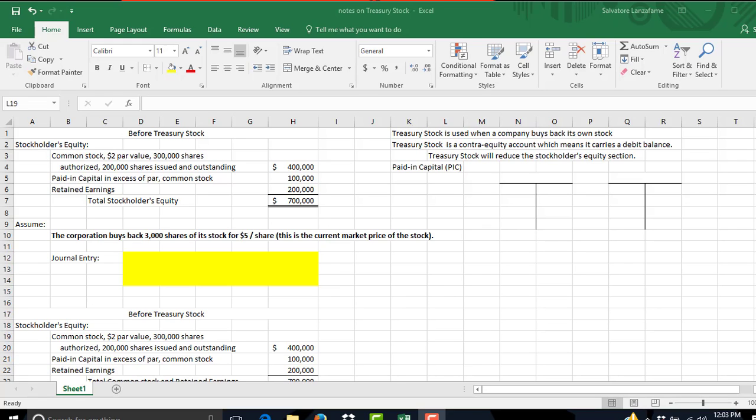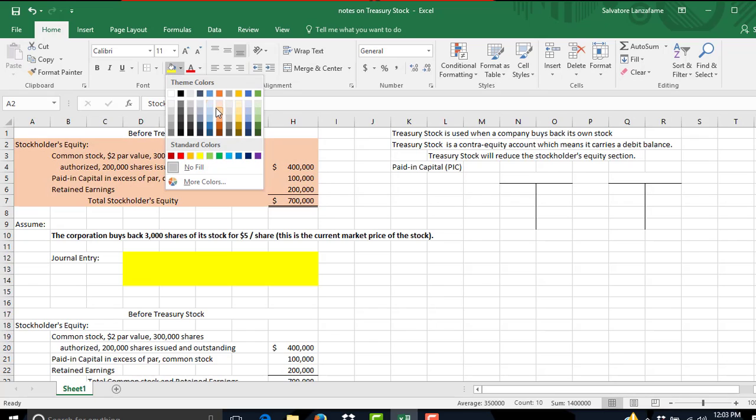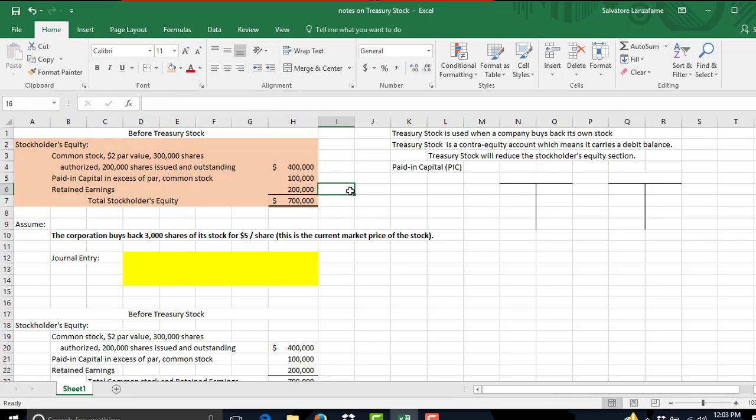Over to the left of the screen, I did some typing already. Over here to the left, I've got a typical stockholders equity section. I'm just going to highlight that a little bit so you can see what that looks like, and let's put this in this color here. So you can see this is our information before any dealings with this treasury stock topic that we're about